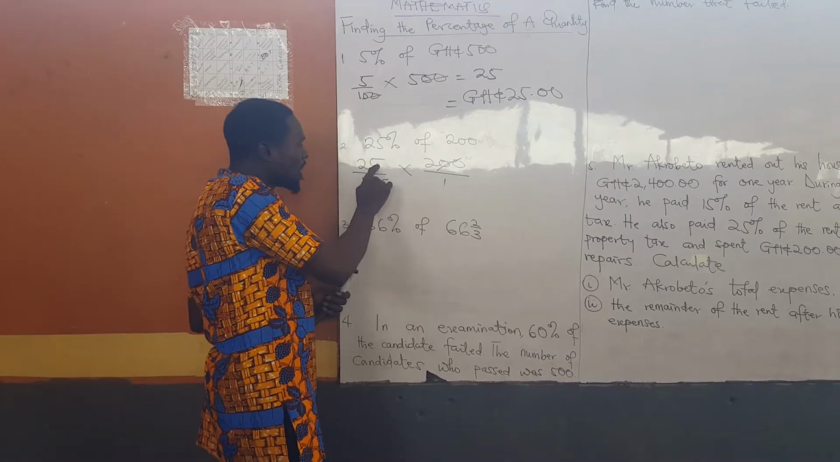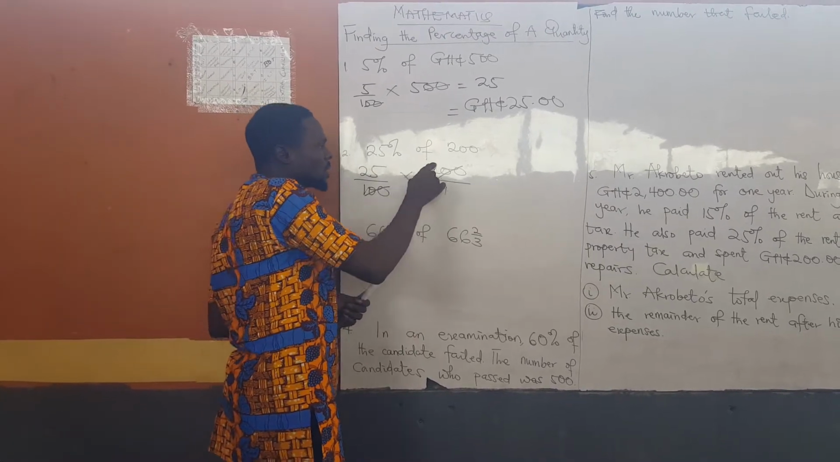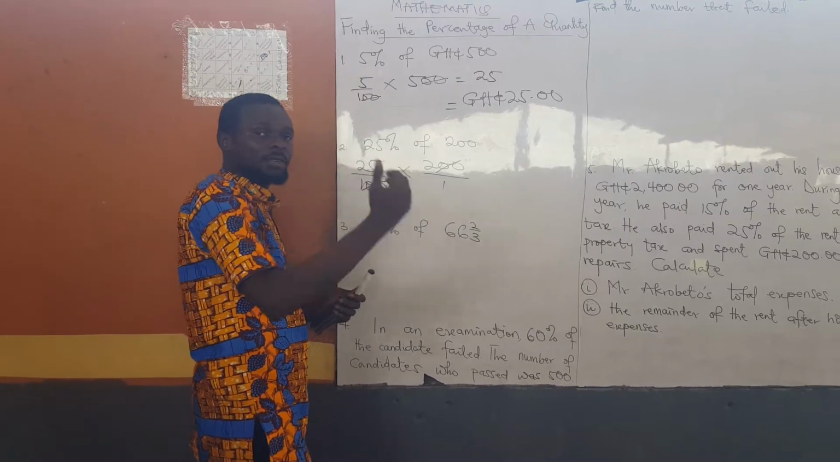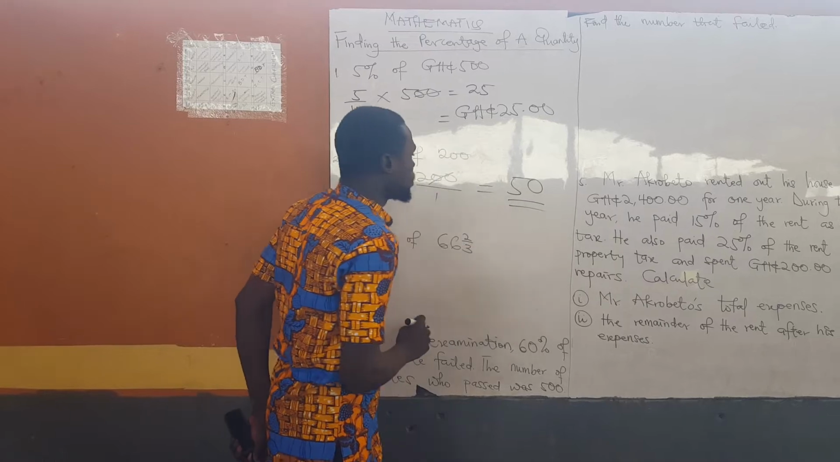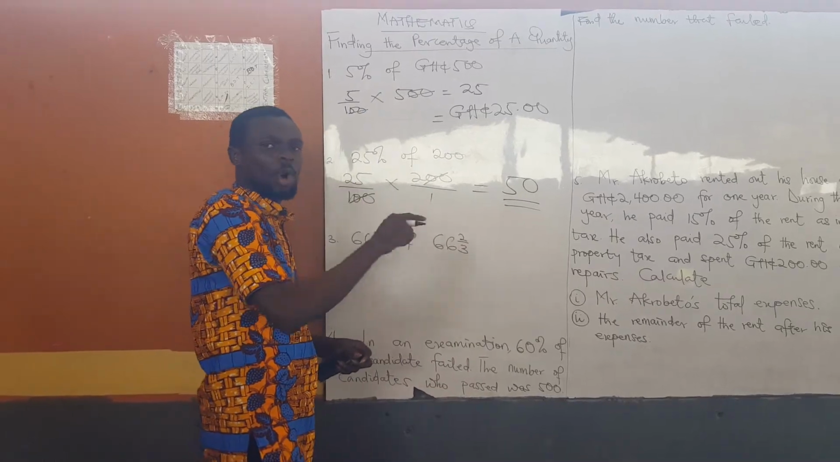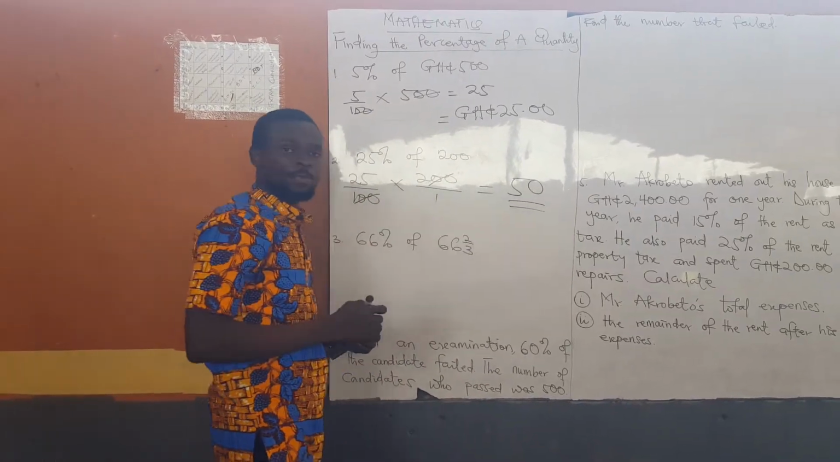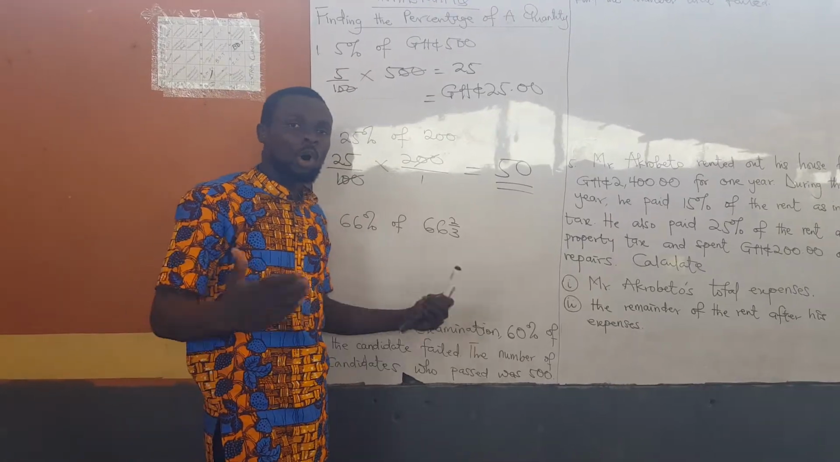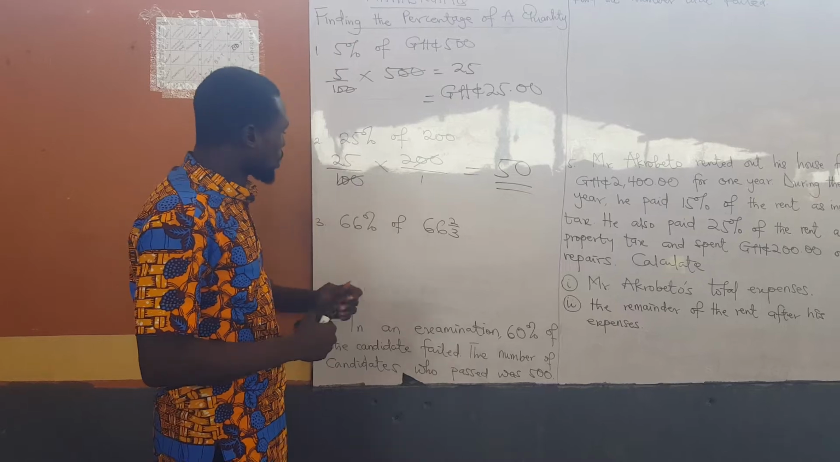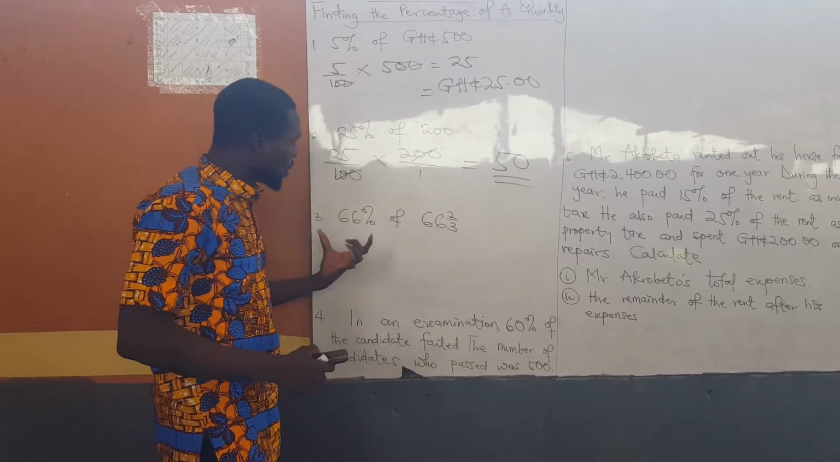Now we are having 25 times 2. And 25 times 2 is going to give us 50. So 25% of 200 is 50. And that is how we find the percentage of a quantity. When you look at the third one too, we are having